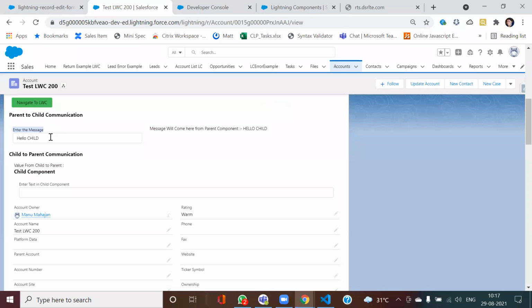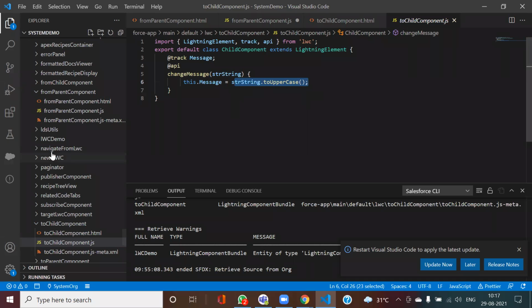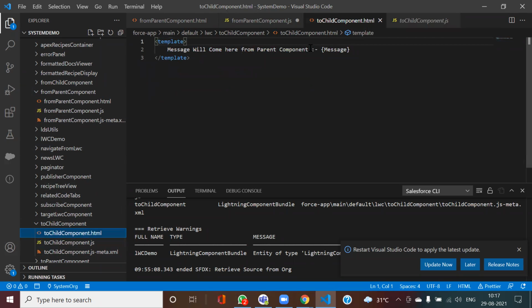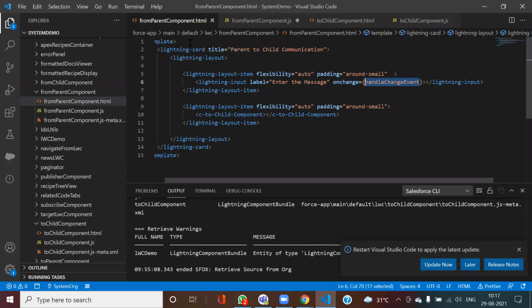So here the message, if you see, everything is coming capital. So this I entered into parent, this is displaying into child. In case I go into my child here, this is my message.